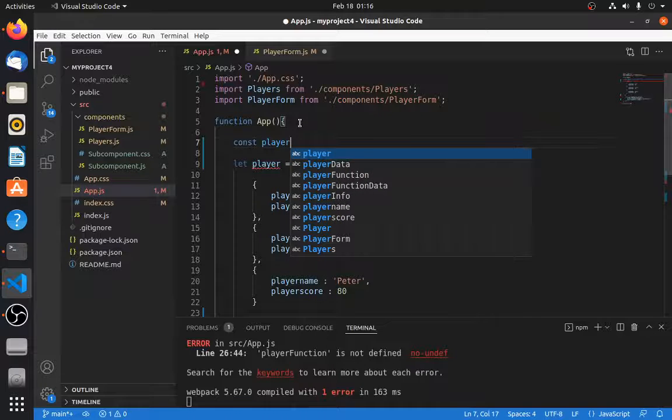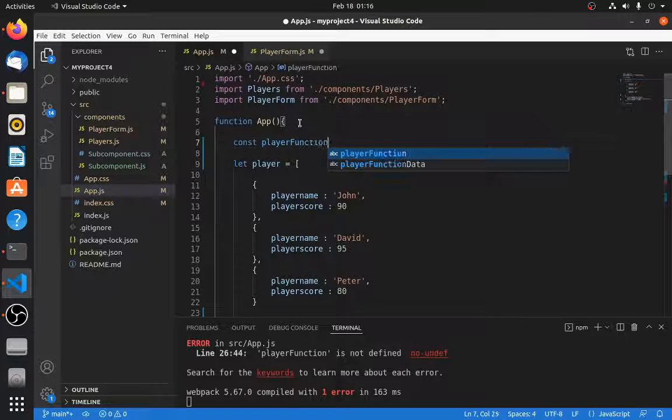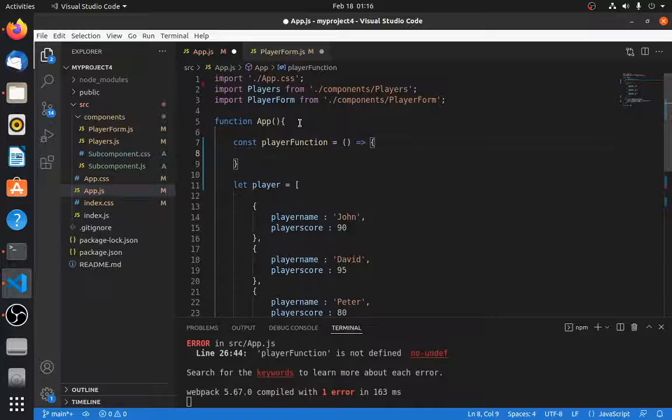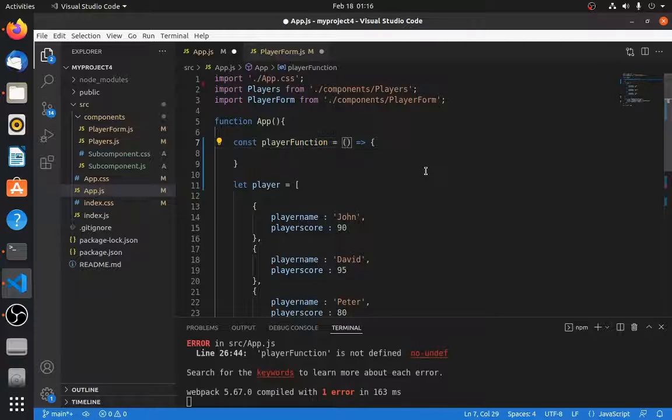Say player function and arrow, and this is the function that will be called. And since you have passed this player data, you need to have this player data over here as well, right? So you are passing the data, you are receiving the data here. Okay,